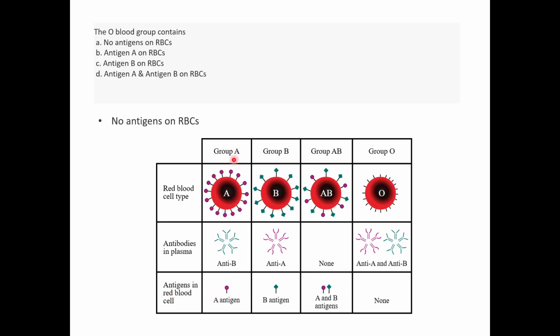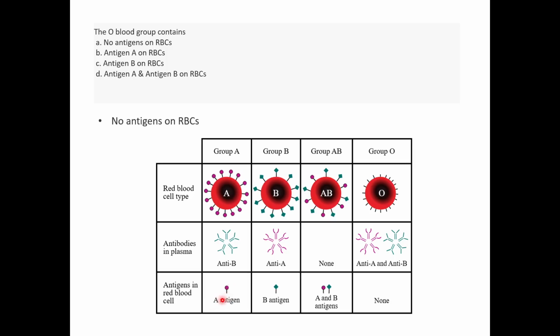So the antigen in the blood of group A is A, and group B is B, group AB is AB, and group O, it doesn't have any antigens on the RBCs. In turn, it's reverse when it comes to production of antibodies. Since it has antigen A, when it is exposed to antigens A, B, it can produce only antibodies against B because B is foreign to this person, and since the